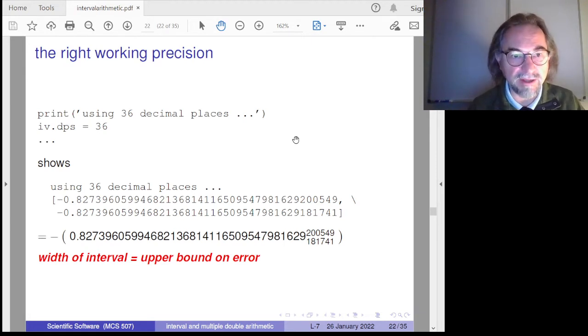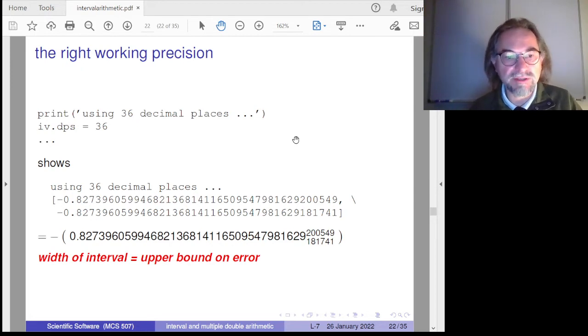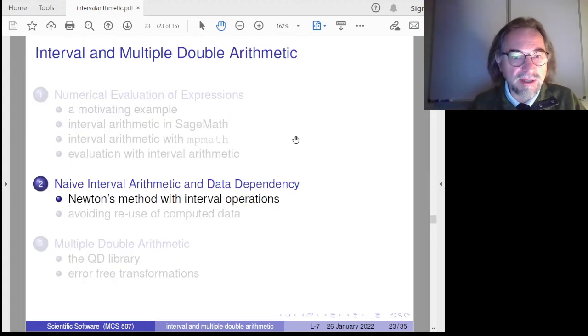So with interval arithmetic, one does have a bound on the error. And we know that it's quite precise. We are losing here only 6 decimal places. So we have the exact value of the expression at these points A and B, the values for x and y, we have 30 decimal places. Okay,